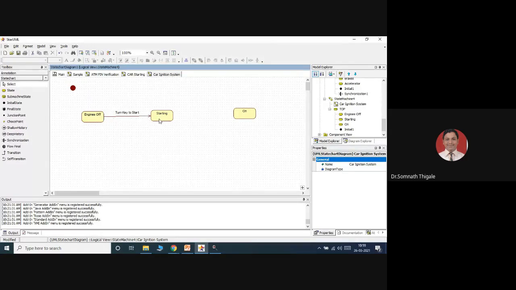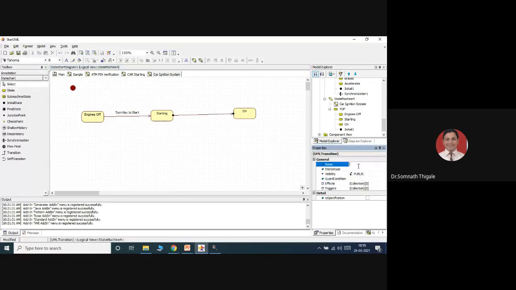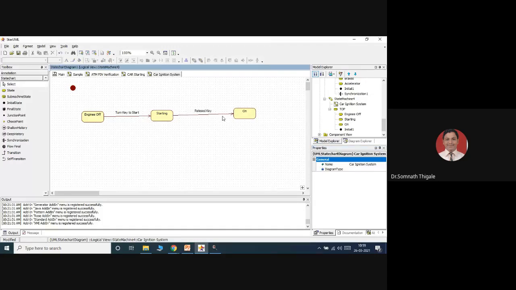position. And next, if you continue with the same scenario, engine will be starting. So we can say released key. The event is release the key. But the transition will be from starting to on.